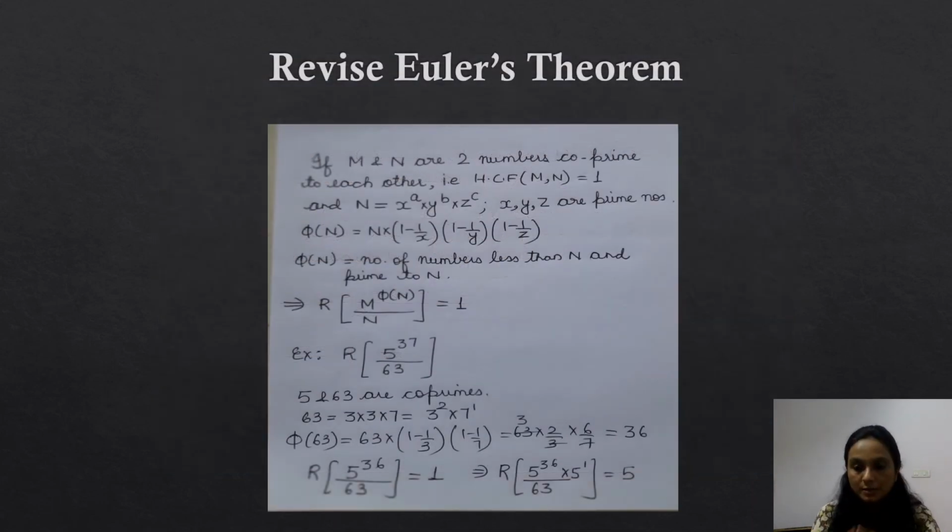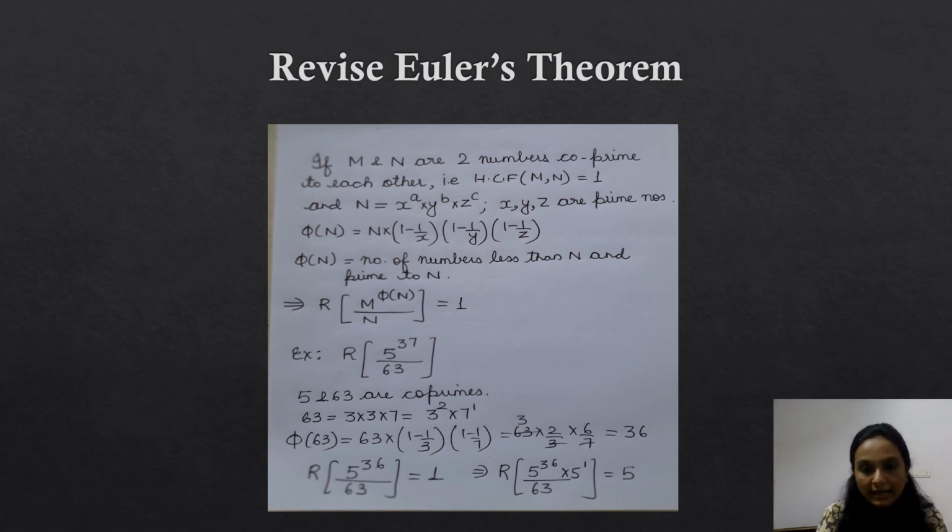So this was the class based on remainders practice class. Here we have used Euler's theorem a lot. Let's say if you do not remember, we can just revise Euler's theorem shortly. It only says you have two numbers, assume m and n, they are co-prime to each other. What do you mean by co-prime numbers? Two numbers are said to be co-prime if they do not share any common factor other than 1. Therefore, their HCF, highest common factor, would be 1.